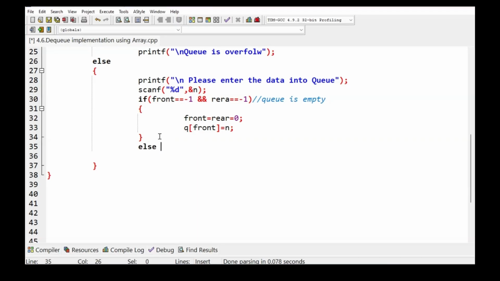Then next case we have to check if front is 0, which means front right now is at index 0. Then what happened? We have to insert from the front side. So if the front is 0, we have to go to the end of the queue. So that's why we make it: if front equal to 0, then